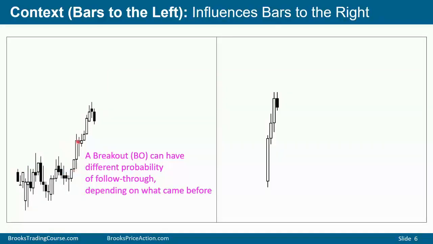Here, we have a breakout, 3 consecutive bull bars closing in their highs, another 4 consecutive bull bars, 2 of them good-sized bodies, breaking above a range. This is a strong breakout. Probably it'll either be a bull trend, a pullback and follow through up, or a bull leg in a bigger